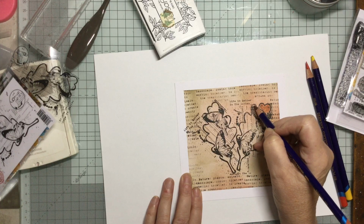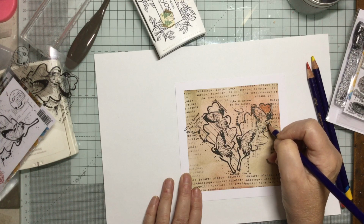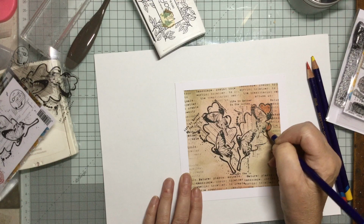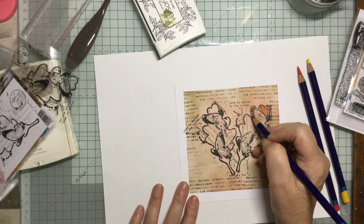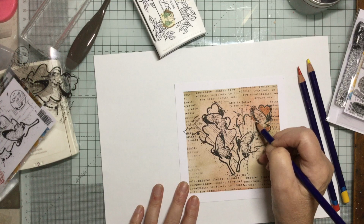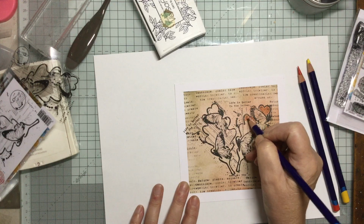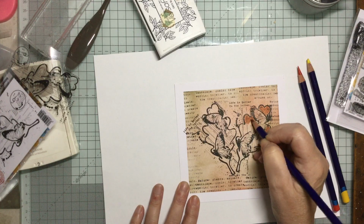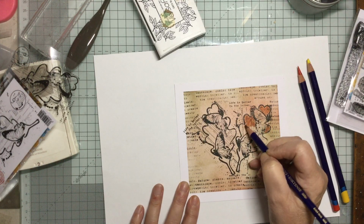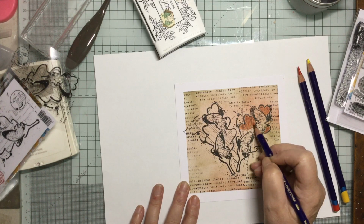And a little bit on the top here, and then this comes in on here because that's where the body of the butterfly is. Now I could bring you in closer. Let me have a look and see how. No, you're fine there. It's not a sort of a colouring exercise that you need to see all of the details. I'm doing this quite intensely, so you can see I'm not just doing just a little bit at the side. I'm doing it quite intensely because I want that really intense colour